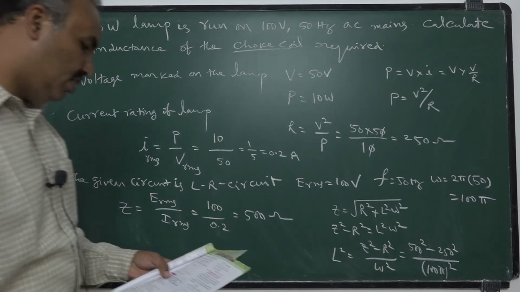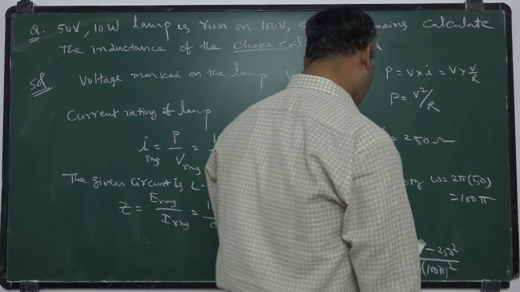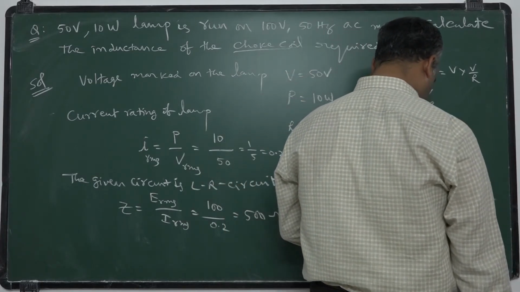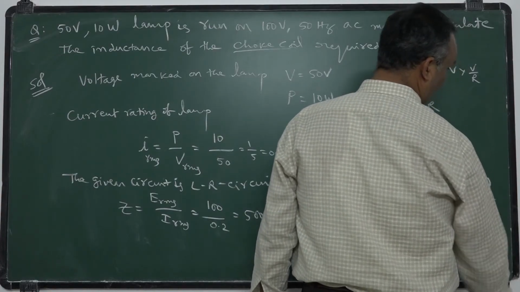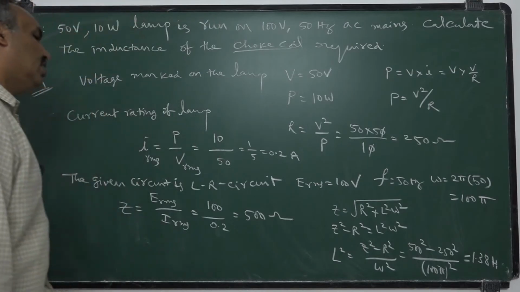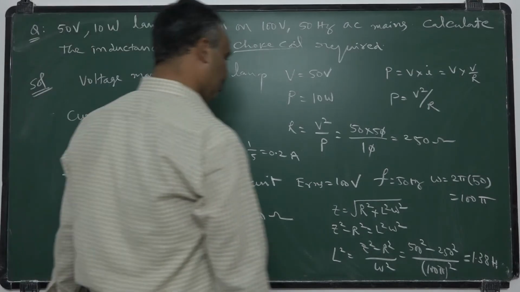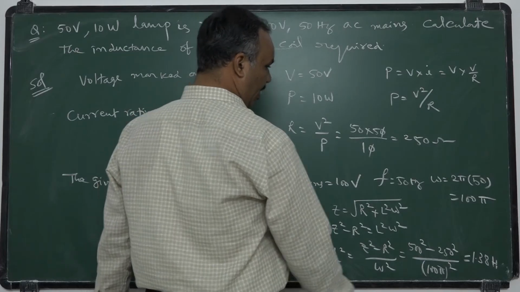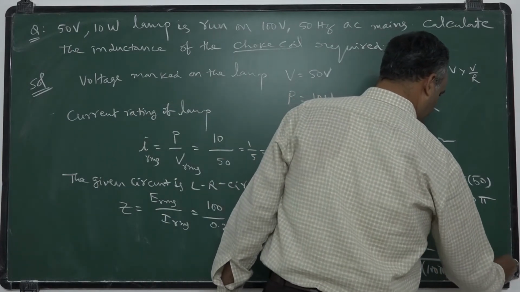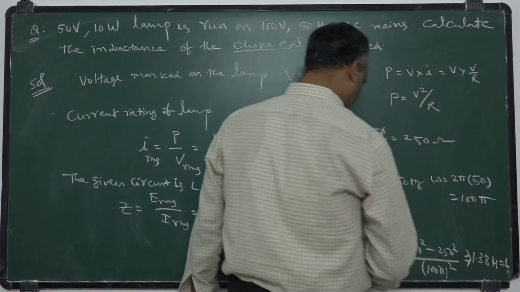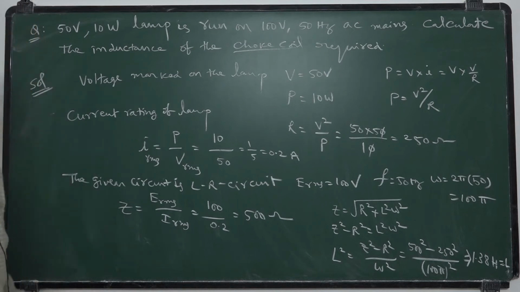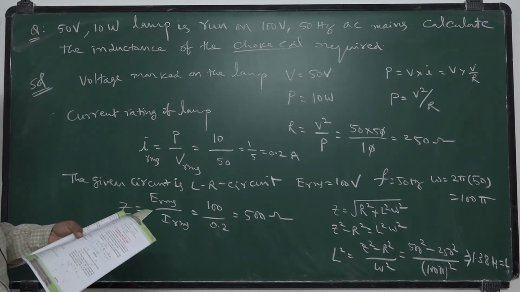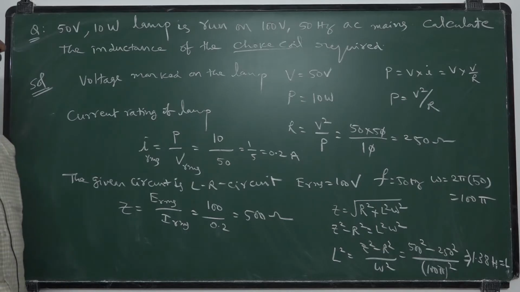So on simplification of this, you will get the result 1.38 Henry. This simplification part you do it. But the answer, on simplification, is directly L value. Actually it is L square value. By taking root, you will get L value as 1.38 Henry. So this is the solution for the given problem. I hope everybody understood the solution. You just go through it.